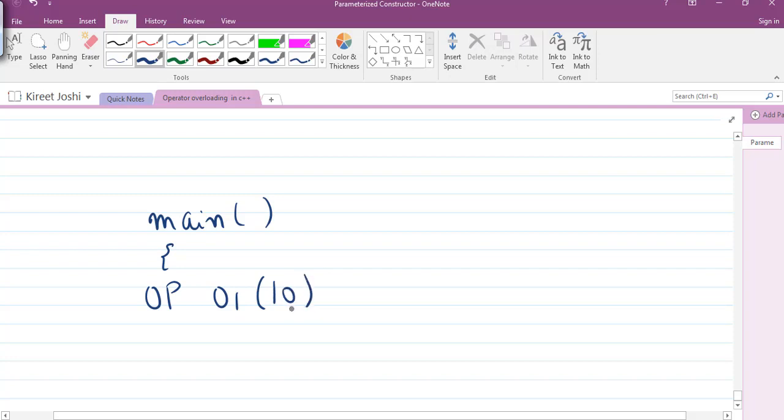So I just pass a constant value 10, and again I just create an object O2. So there are two objects that I have created. For this object O2, I have just created that particular default constructor that you can see in the program. Because if I don't create that default constructor, it will say that the definition for this object is missing, so you have to create it explicitly. So this must be remembered.